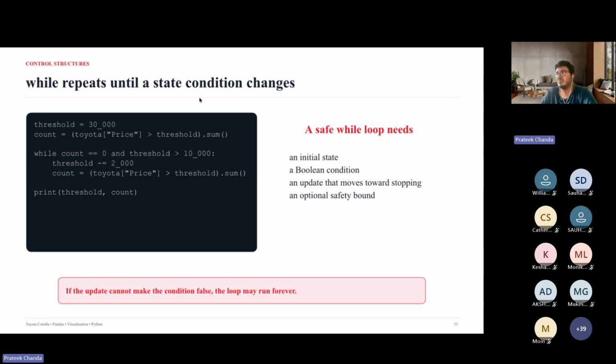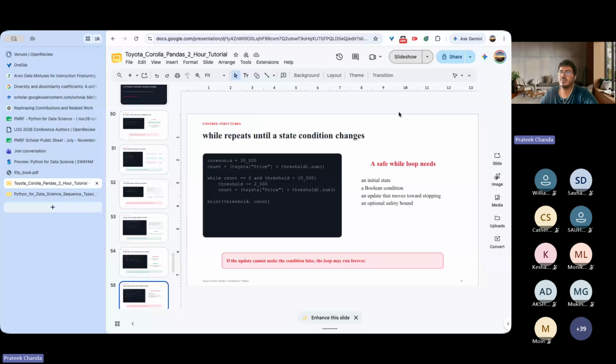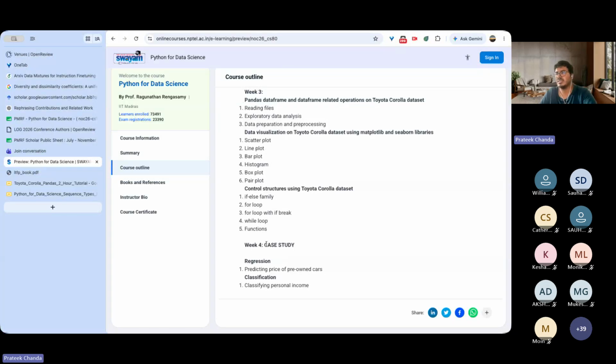Since we are on time now, I think we'll be closing soon. I hope this gives you a broad overview of today's topic around the Pandas data frame and different functionalities around it, like plotting aspects and all those setups. Next week, I think we will look at a recap of the Pandas data frame once more and do a small case study on regression and classification. Next week is probably the last week. Some portions of functions are remaining, so we'll cover that next week itself.